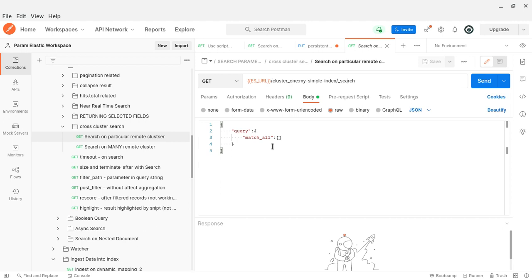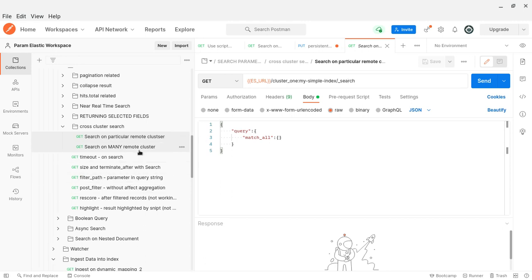Having remote clusters means high availability, so if you have configured many remote clusters, then you must have the coordination node. These two nodes play the role of forwarding the request, receiving the response and sending it to the client.